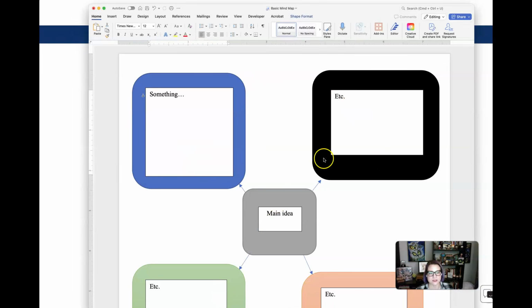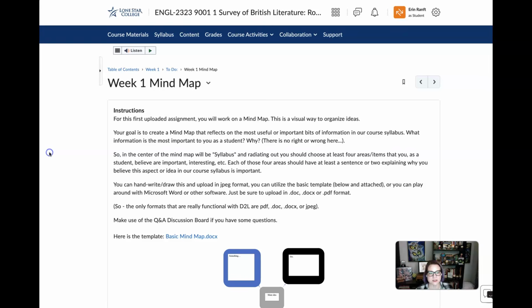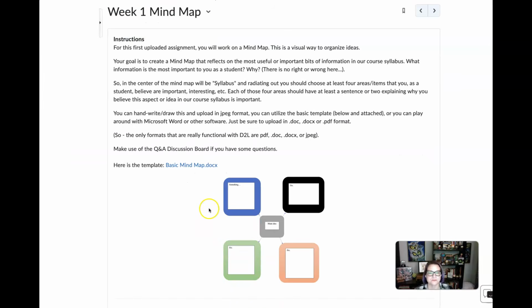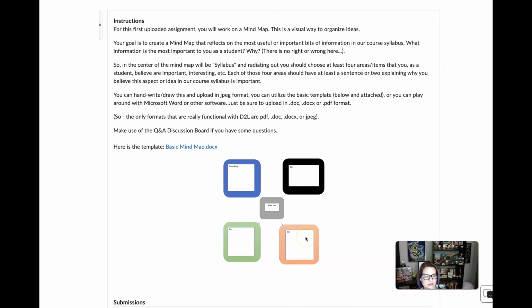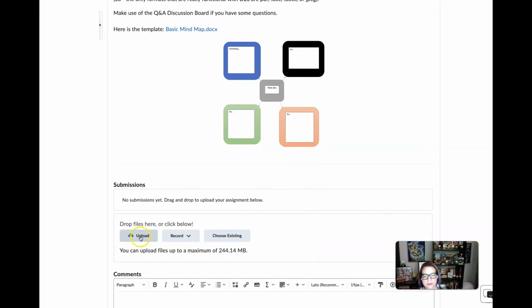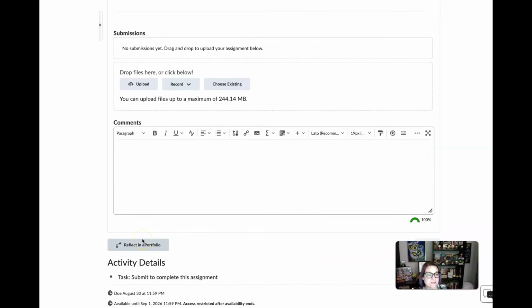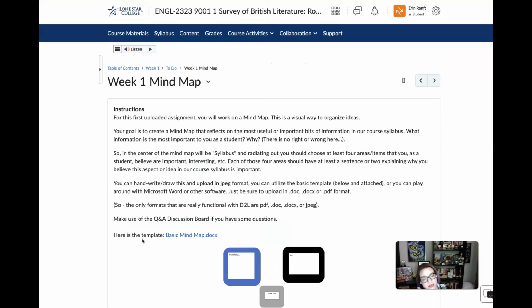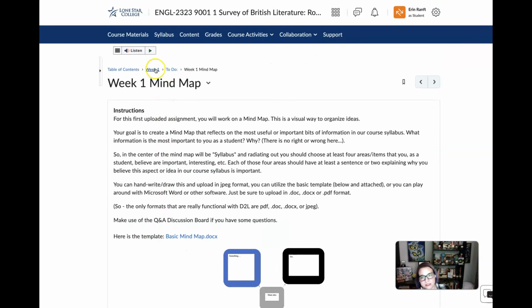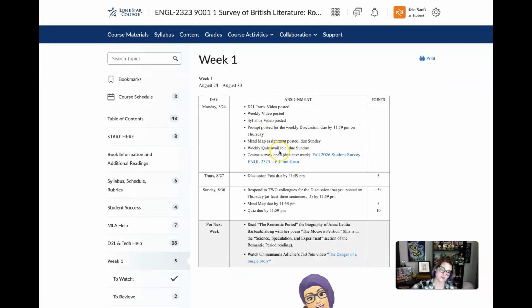You just want 4 ideas, okay? You don't have to use that template. You can certainly use something from Canva or MindMap or any of these other programs that put together a visual representation of ideas, and then you would upload them and click submit, right? D2L actually sends you a confirmation when you successfully submit something, so we don't stress out too much about that.